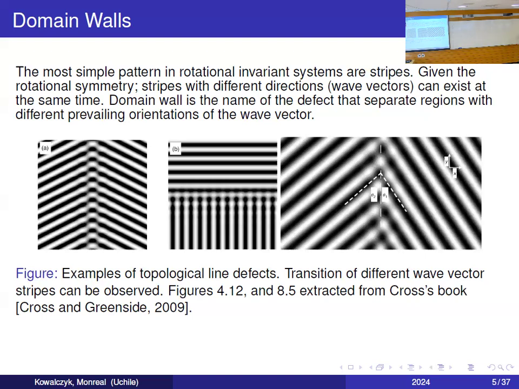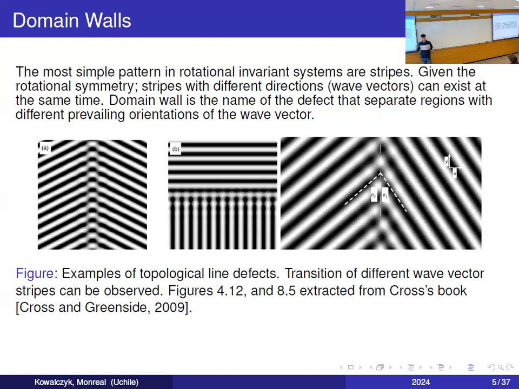We can see here, for example, squares generated in the transition of the stripes. We can see here a perpendicular transition, and here this is the more general case. Given that we are working with rotationally invariant systems, there is no coordinate system given beforehand. So what we can do is consider, for example, in the figure on the right-hand side, the coordinates x and y, and try to find an equation that tells us how this behaves.